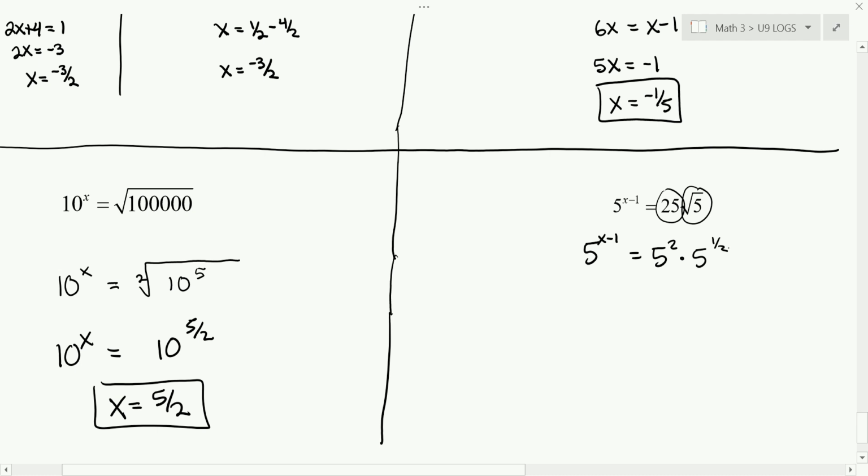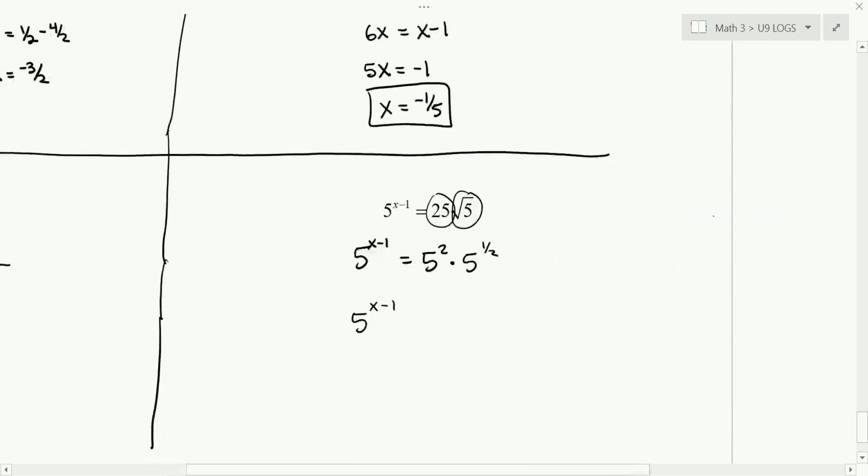Okay, the first thing to do. Get everything in terms of base 5. But then next, we need to multiply the 5 squared times the 5 to the 1 half. When you multiply those together, what do you get? You get 1. Oh, you're multiplying the 2 and the 1 half together? What's the rule with exponents, though? If the bases are the same, you actually add the exponents. And you guys know that if I had x squared times x to the 3rd, that's x to the 5th, you add the 2 and the 3. That's what we're doing here. We're adding the 2 and the 1 half, which,